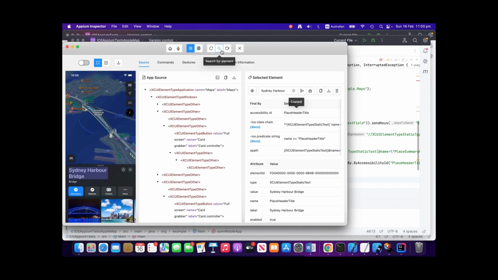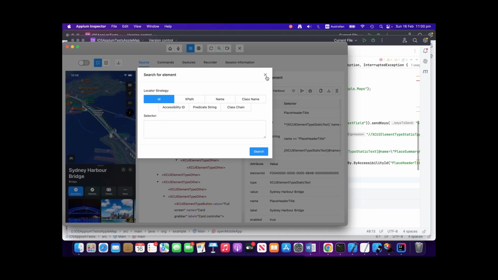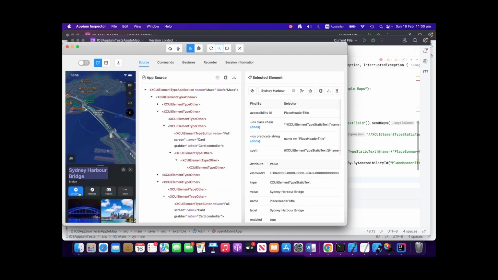So I'll just bring my pointer over here, search for element, and then I'll click on directions, and then you can see that there is an accessibility ID. So I'll just copy this one